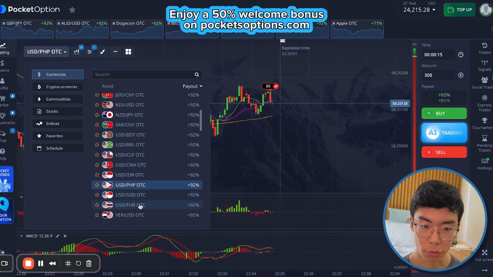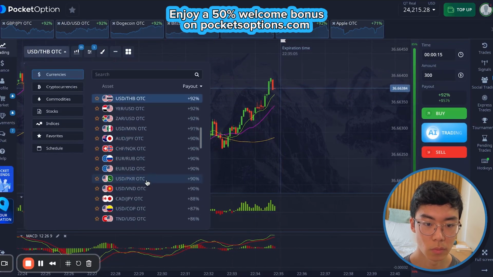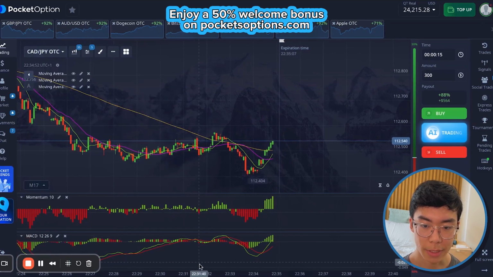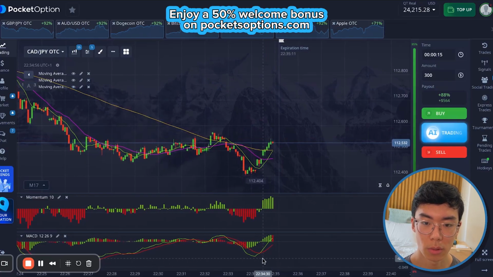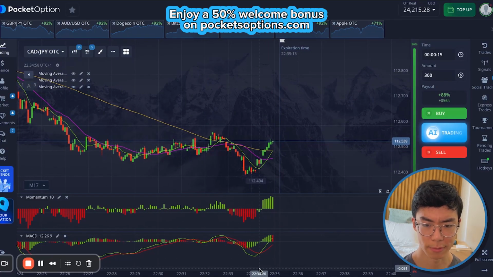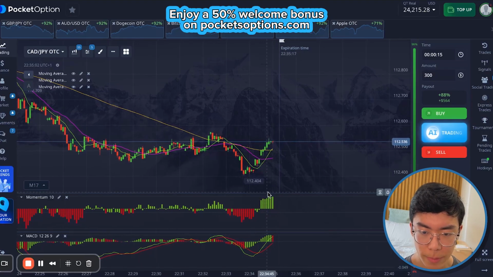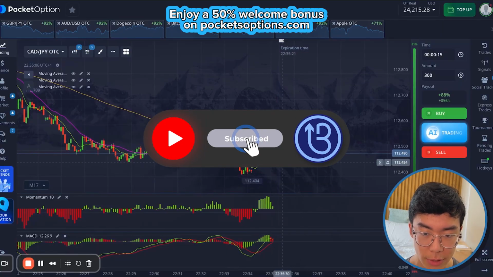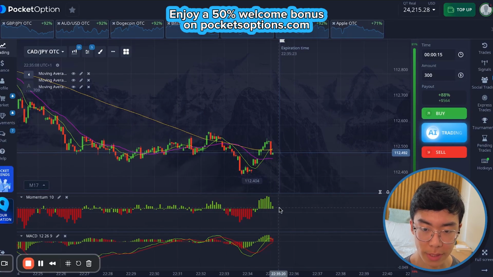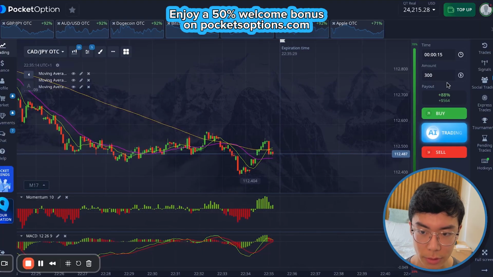Let's head to some different trades. Okay. Canadian, Japanese. Okay, let's look right here. Downwards for everything, right? Did an upwards movement right here. Was a very small upwards movement. I do expect it to go downwards pretty soon, as you see right here. Big candlestick movement downwards. When I see the crossover happening, you know, the red momentum is happening, it's going to be ideal to sell